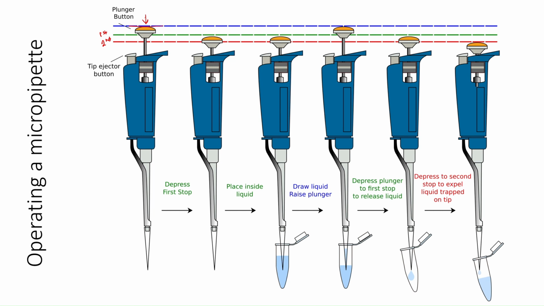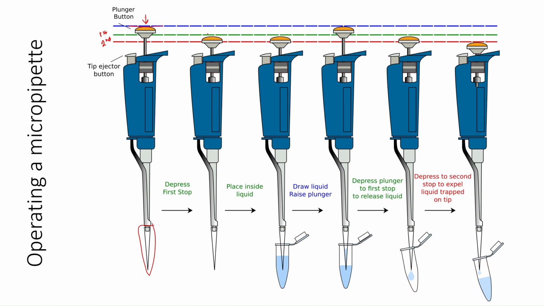And the same thing with the first stop. So we want to be really careful about knowing the difference between those different stops. So keep that in mind as we go through how to use the micropipette. So we start out, the plunger button is fully up, and we've loaded our tip, we've set our volume, and we're ready to go. So before you put that tip into the liquid you're trying to draw up,